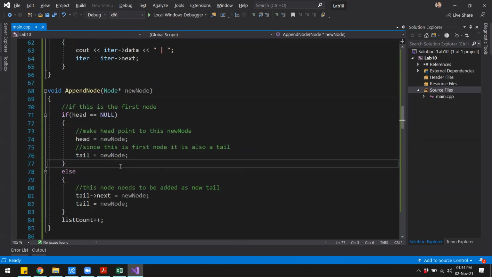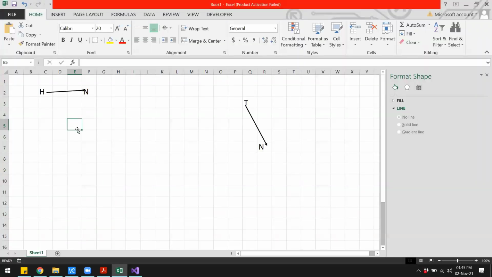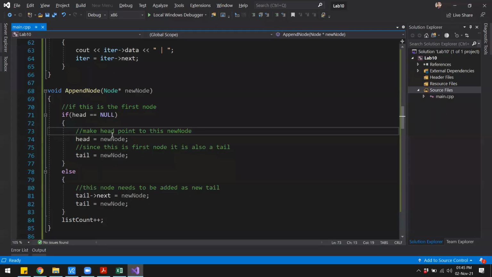Okay, so coming to that function, append node. In the first if condition, we are saying that if the head is null, and the comment also says that if this is the first node in the list, then when the head is null, I will know that the list is empty. So if the list is empty, what should we do to successfully append a node into the list? We will first have to pass the node to the list. In here, we don't have to create any node because it is passed into this function.